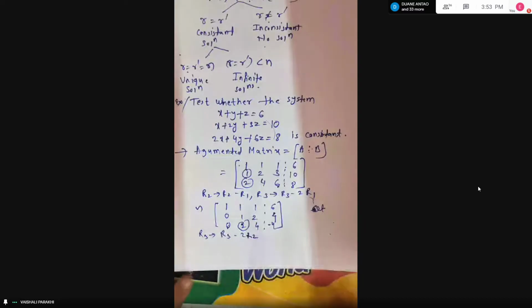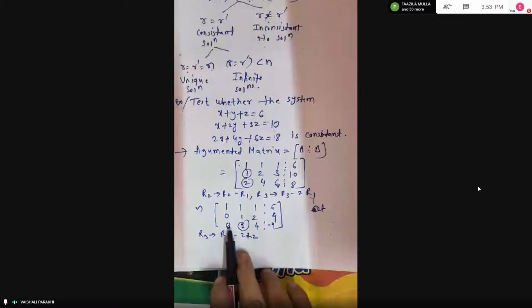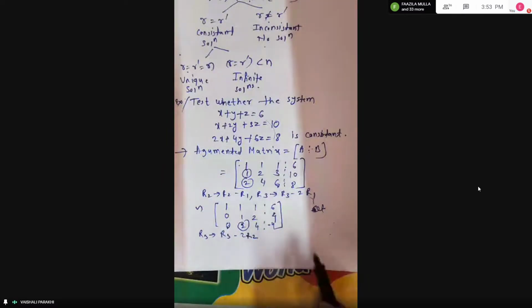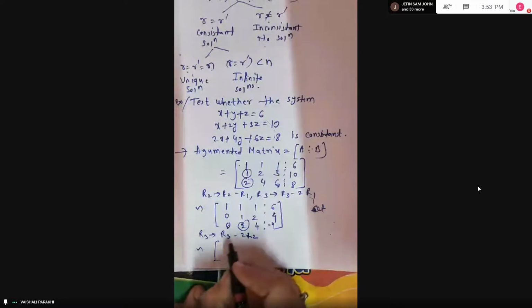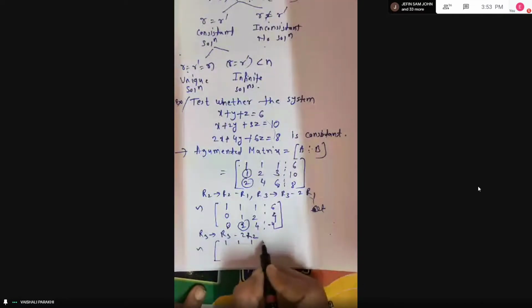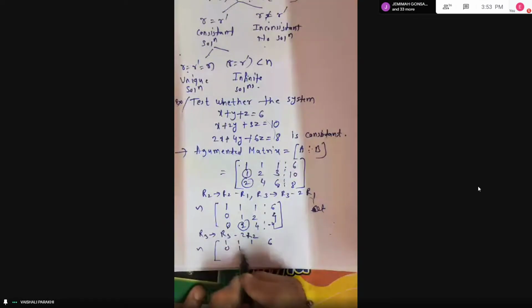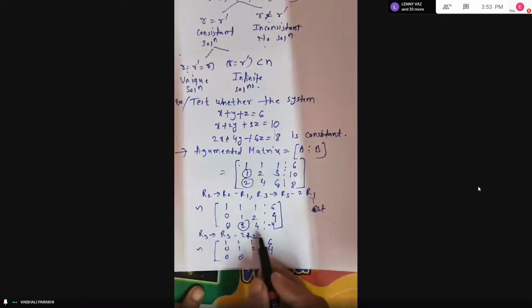So in the next step, you should not take help of R1 because that R1 will change your 0 which you already got here. So what is the use of previous transformation? So very carefully you have to choose the transformations, right? So here you are changing only R3 students, right? So R1 same, R2 same, and now R3. This element is 0, this element is 0. Now what will come here at the two remaining places?